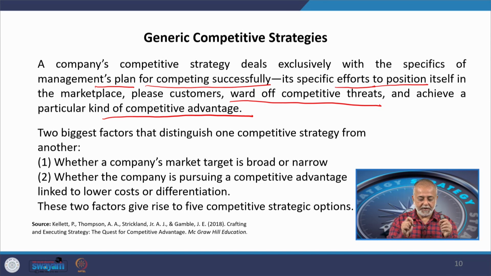Second is whether the company is pursuing a competitive advantage linked to lower costs or differentiation, and you would realize that these are the two axes of our discussions basically. So, lower cost or differentiation. Here I wish to suggest, and I will remind you later on, that when we talk of competition, the red ocean perspective by Michael Porter, and in the meanwhile, before I go there, talking about bypassing the competition by Professor W. Chan Kim in terms of blue ocean, I suggest you read what Michael Porter talks about in terms of red ocean.